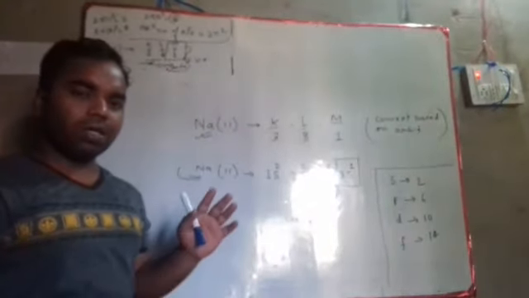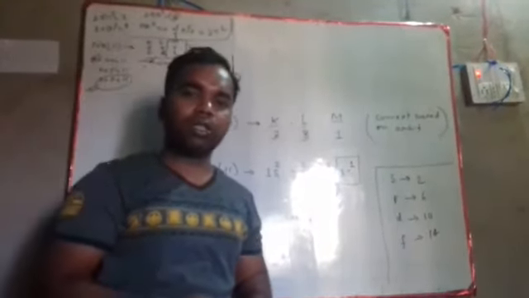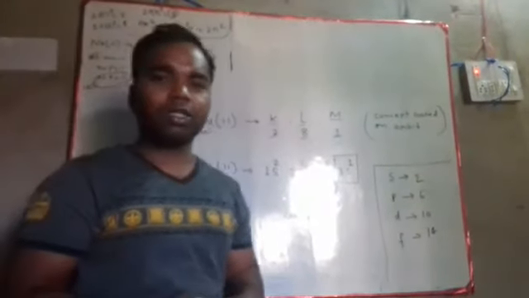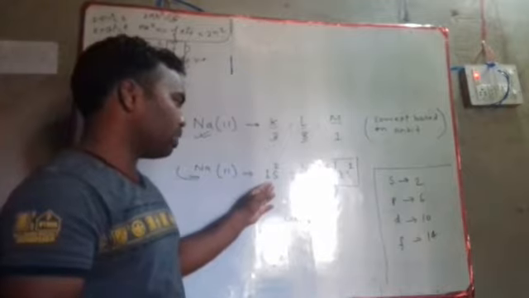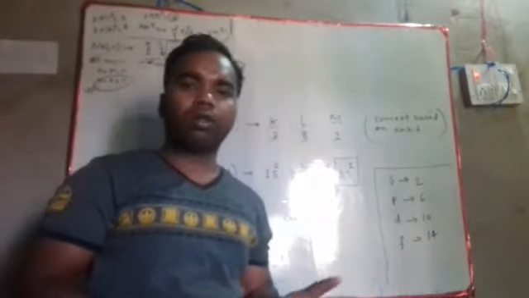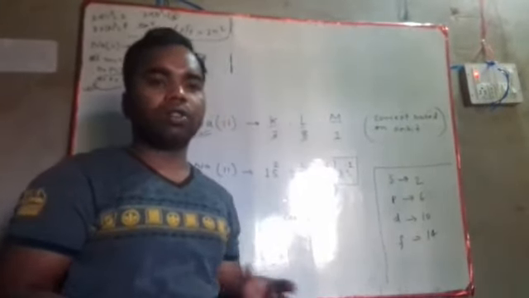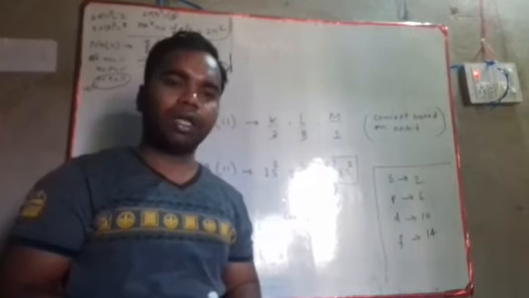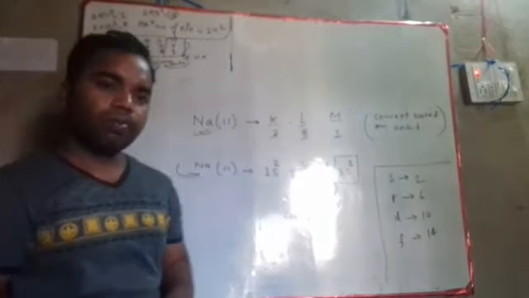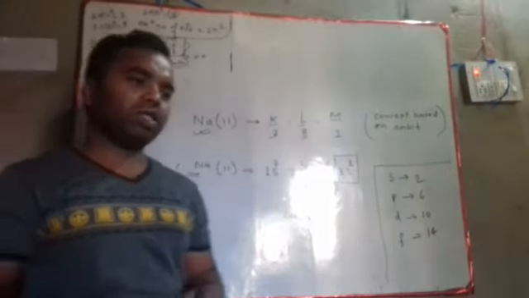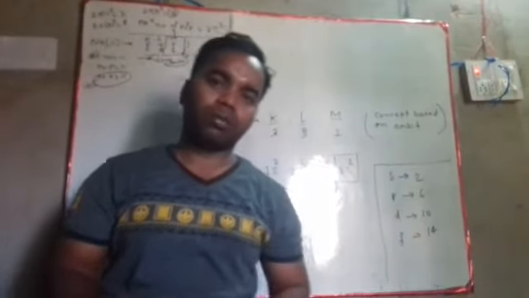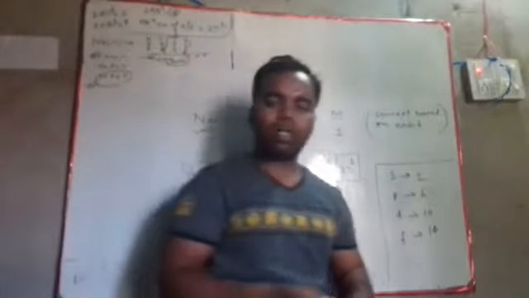So in the next video I will discuss how you can write the electronic configuration based on the orbital concept in a short manner with the help of inert gases. So the homework you will solve is given in your PDF in the WhatsApp group. Thank you, and thank you very much.